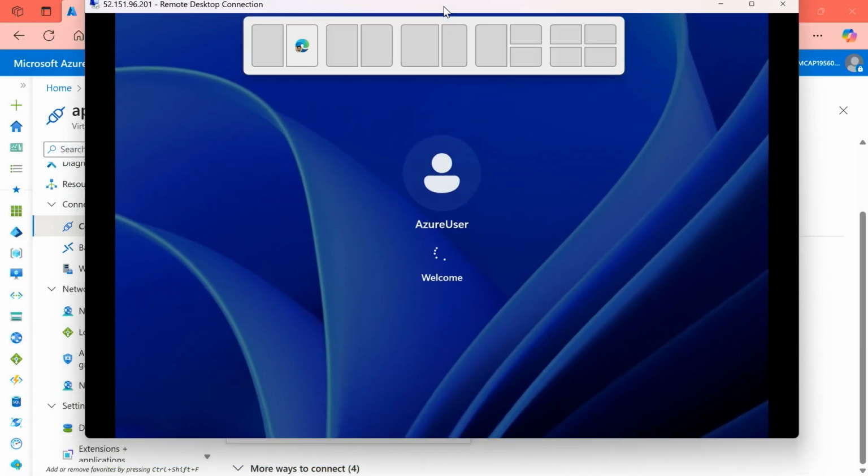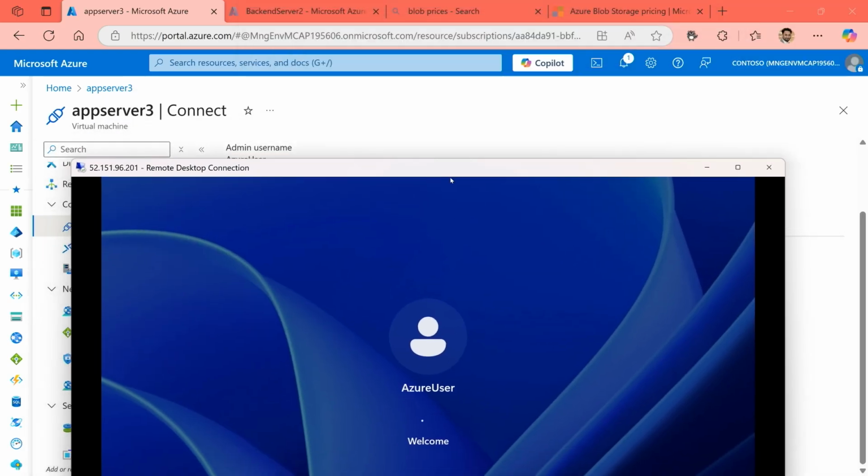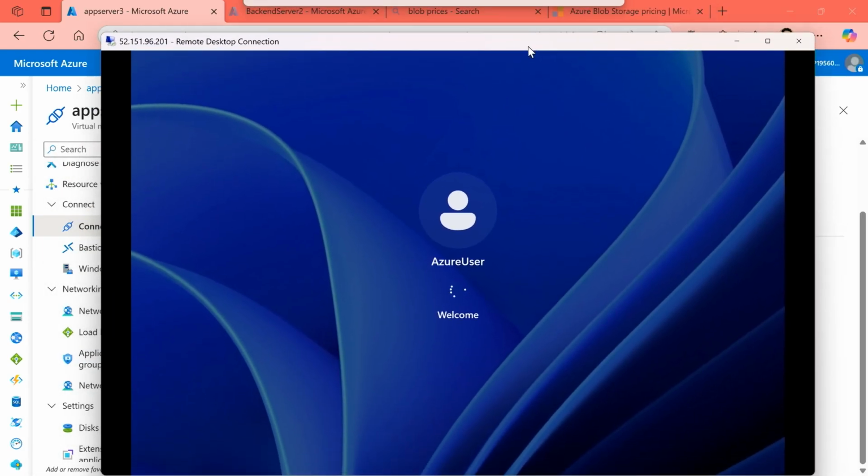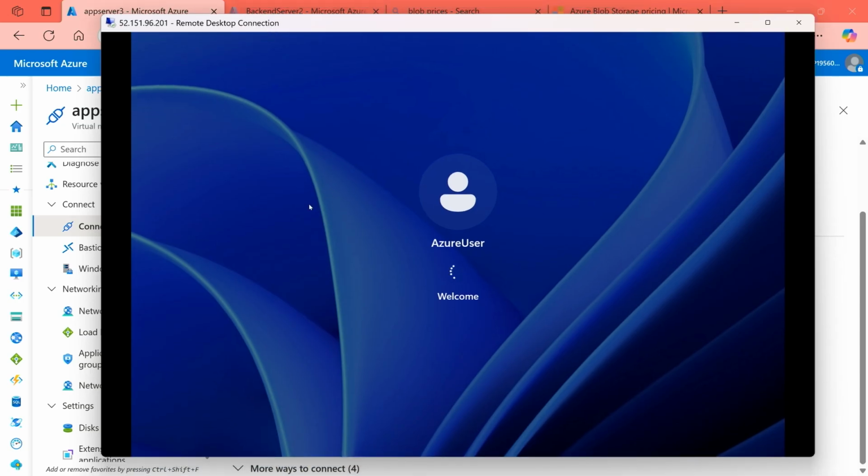Now, this is where my virtual machine is starting for the very first time in my environment. So this is me logging into that virtual machine for the first time. Now, as and when it's ready, log into that Windows machine or Windows 11 machine that we've just created. Now, this could be one way of connecting into your virtual machine environment.